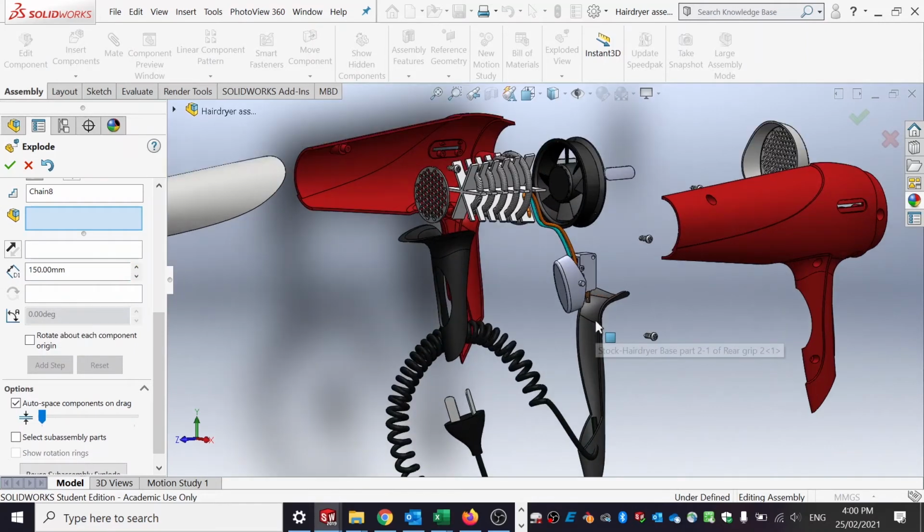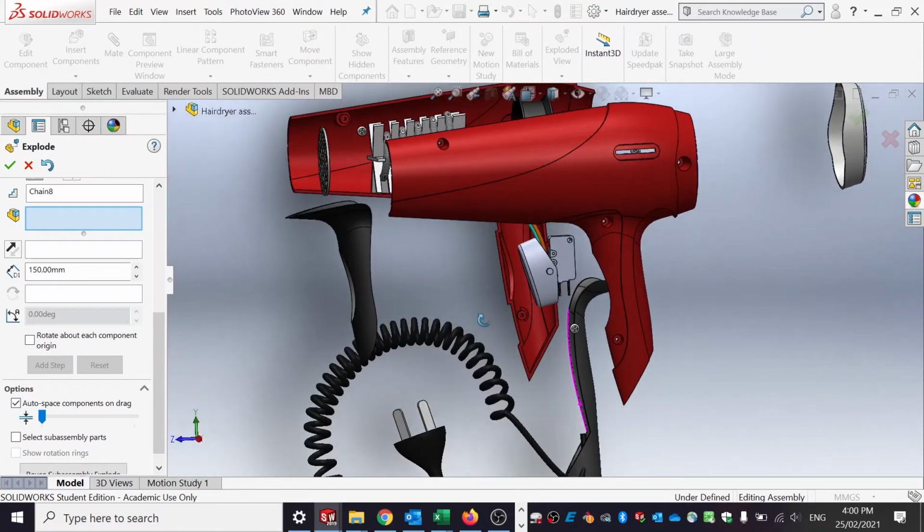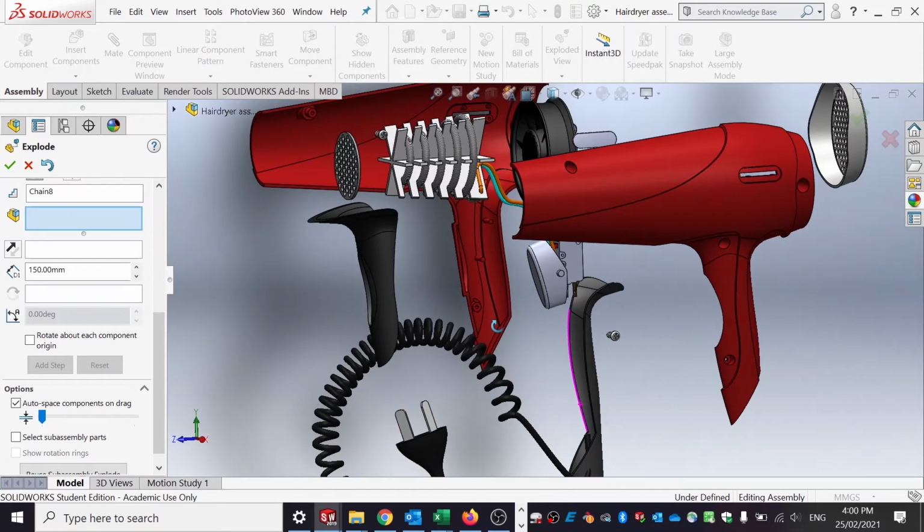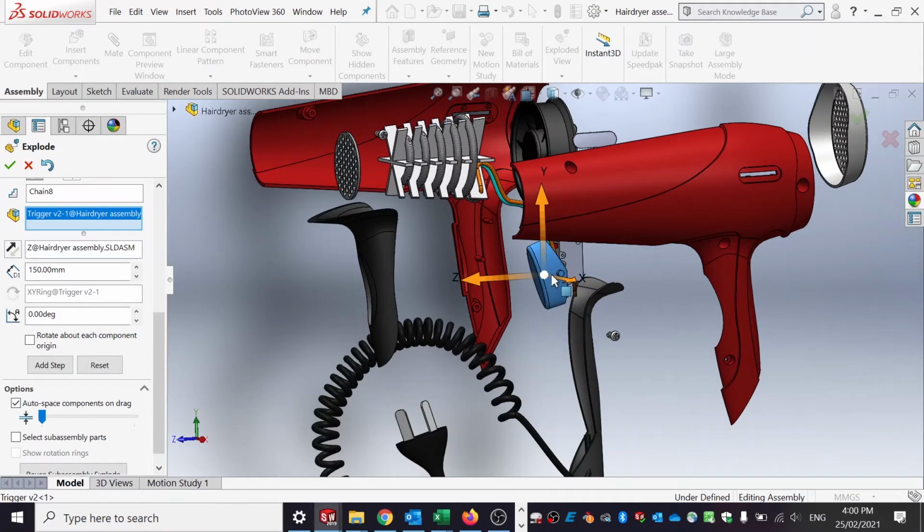Now, sometimes you don't want to move a component just in the X, Y, or Z axes. For example, this trigger comes out of a hole which is actually slightly at an angle, so you don't necessarily want to do that. Now, if you select a cylindrical surface like this, or if you select the angle,